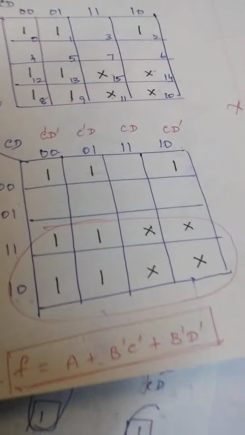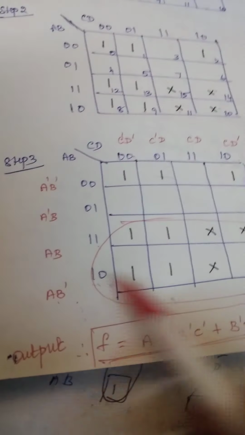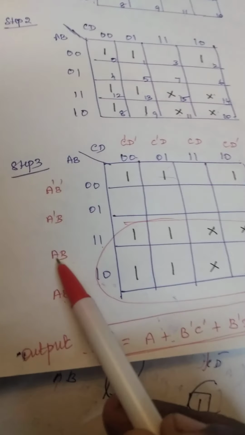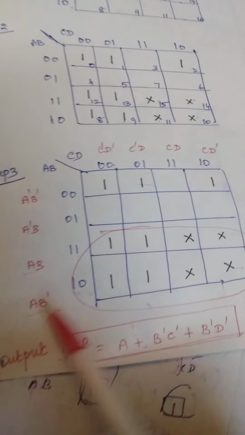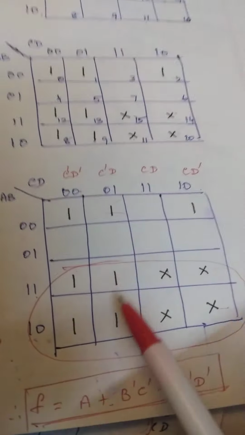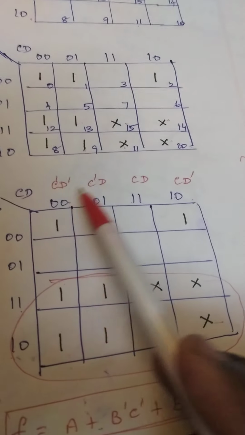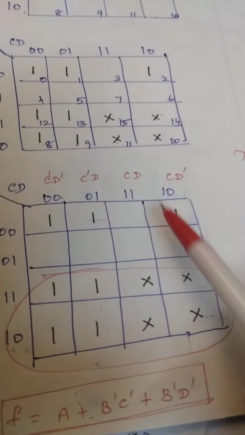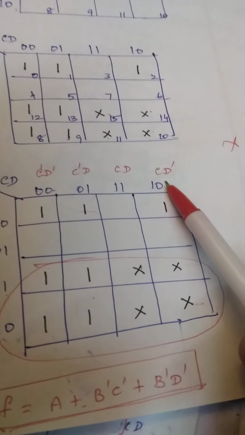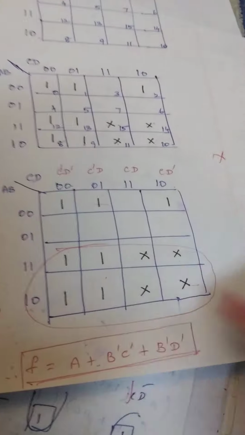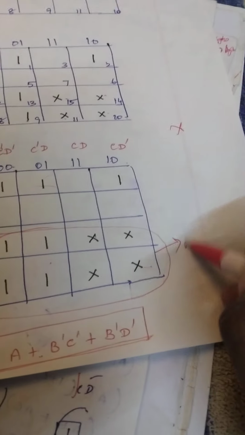So a big round. Now we need to find what is common. For these 2 rows, what is common? A is common. And here, see, for all the 4 columns, is anything common? C dash for these 2 it's common, and this is 2 for C common. Nothing is common for all 4 columns. So we have to take only A. This big round will give A.